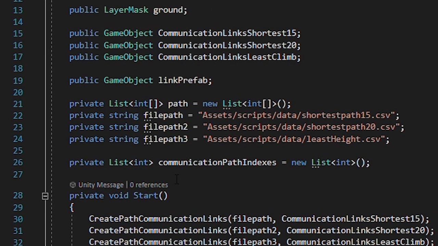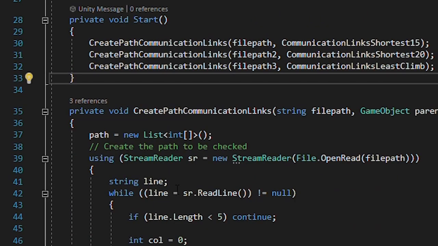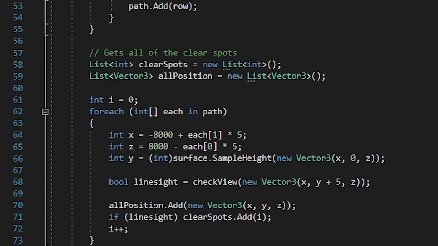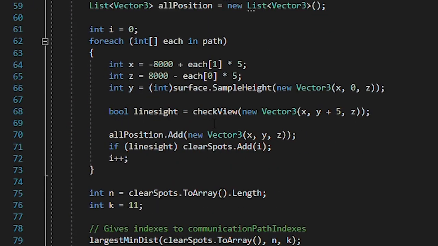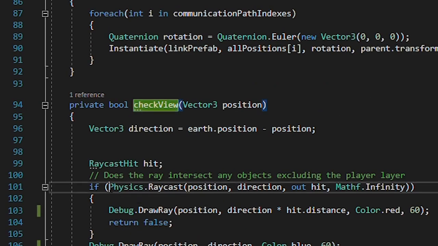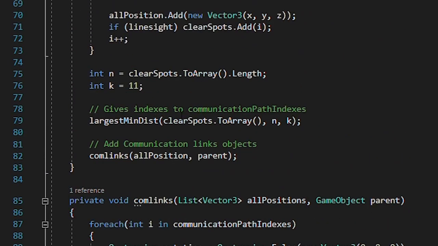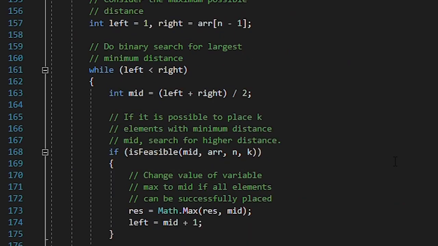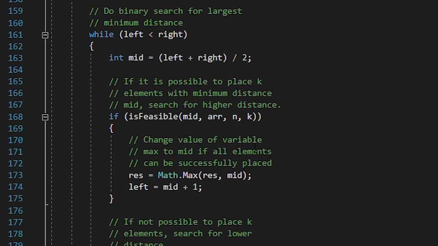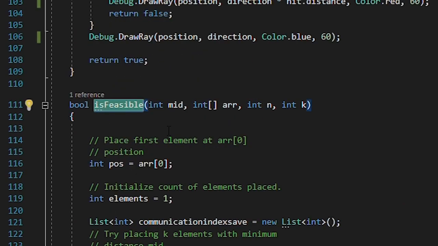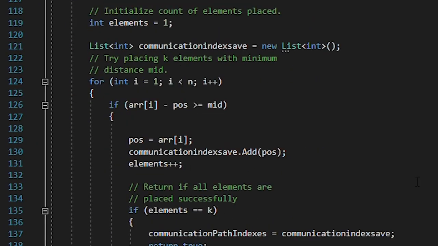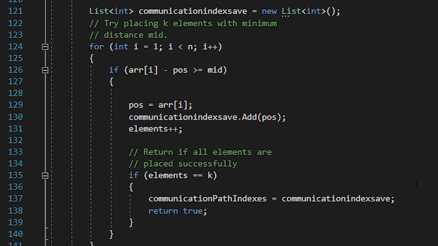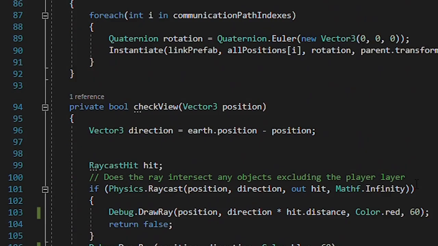After seeing which places could not hold a communication link, the algorithm determined which positions along the path resulted in the optimum distance between them. It did this by running a repeated binary search to check if a certain distance between communication links could be achieved. This loop ran until it finds the maximum distance between the communication links and then returns the positions along the path of the optimum communication links. The algorithm then automatically places the 3D modeled communication links on the correct position facing Earth.